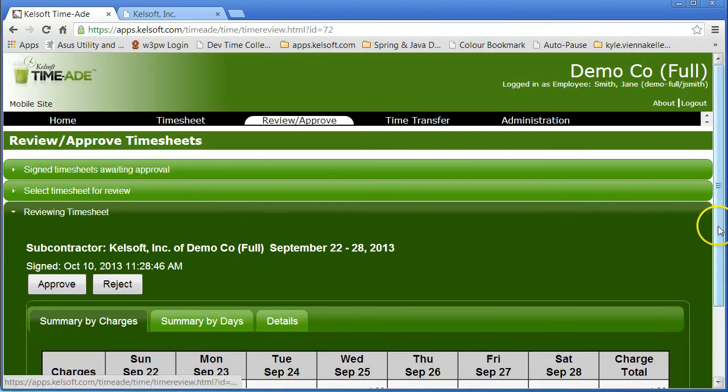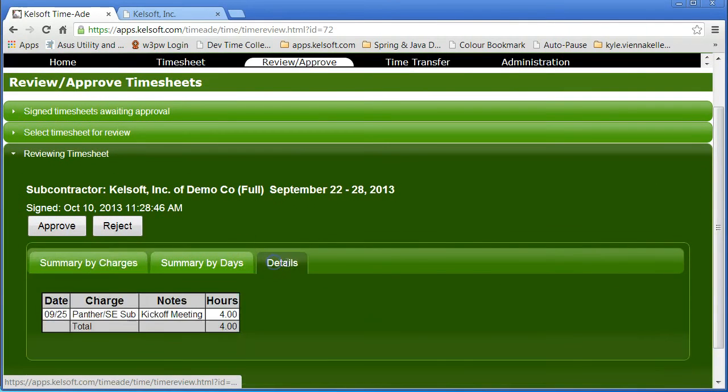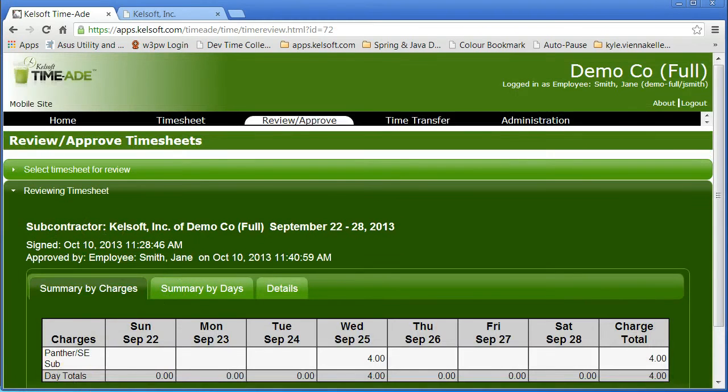And finally, we have a timesheet for the subcontractor where there's one entry, and we'll go ahead and take a look at that one entry there. And that looks okay to Smith, and she'll approve that. Now, with the staff management task completed, we'll have Jane Smith shift to an accounting role to get those approved timesheets into QuickBooks. First, we'll select Time Transfer,